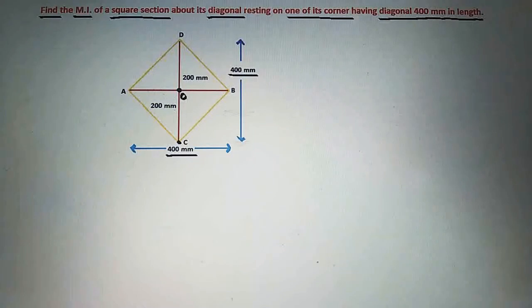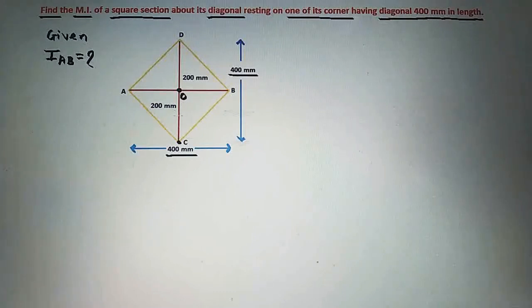So here there are two diagonals AB and CD, so we will consider the diagonal AB, and we have to find out the moment of inertia of a square section about its diagonal AB. We do not have the formula to find out the moment of inertia of a square section about its diagonal. So we will divide this square section